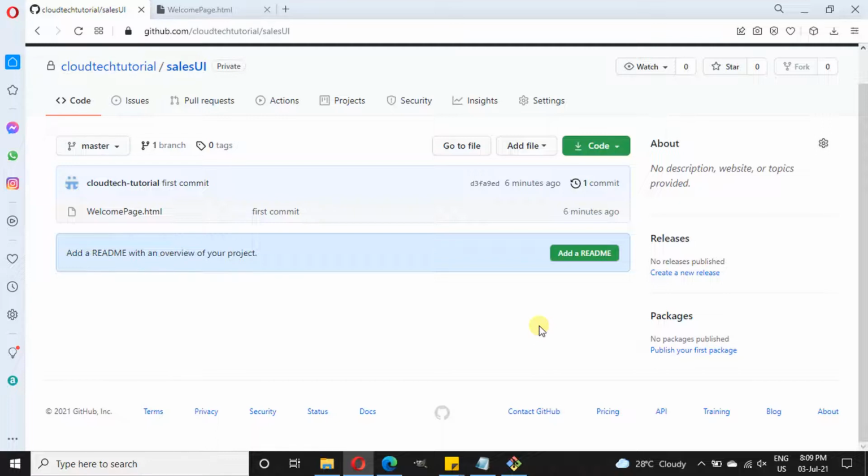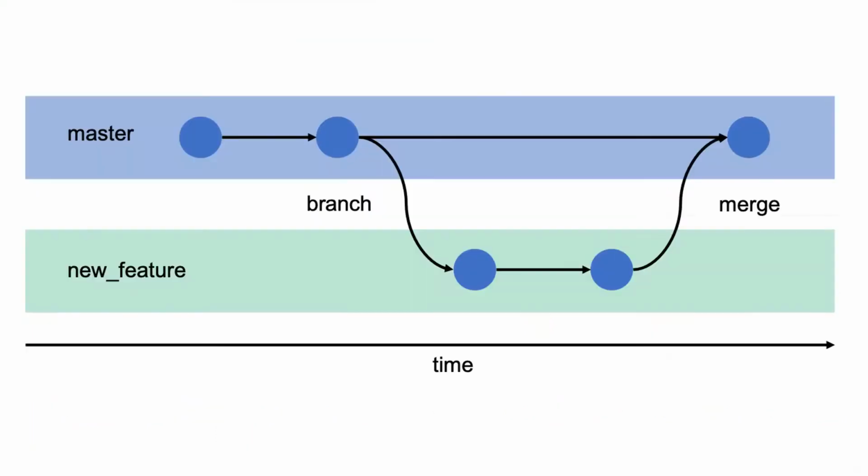Now whatever is in master branch, that is a stable version of our application. Going forward, if we are making any changes, we shouldn't directly commit into master. That is where the branching comes into picture. Let me explain. Master or main branch is a stabilized one. You shouldn't directly commit into master branch.